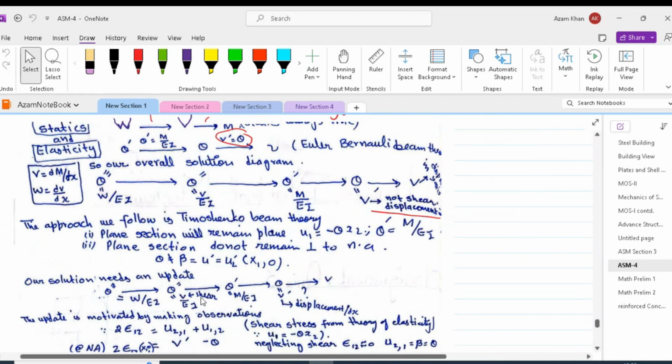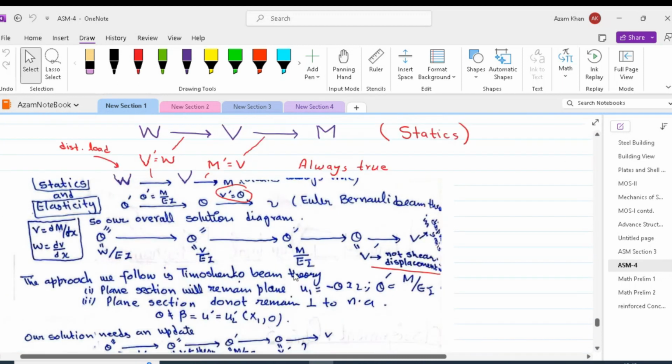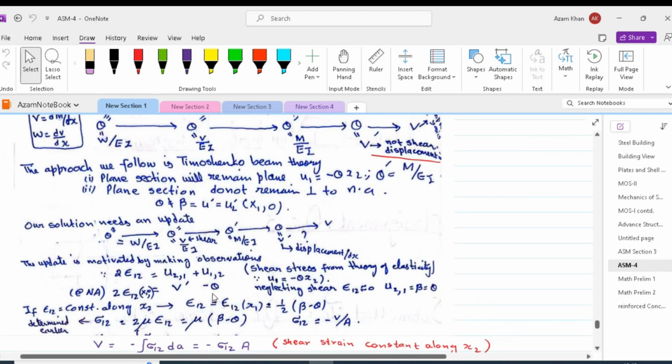So we have to come up with a new strategy to get our deflection from θ. We can't use θ equal to small v'. That's why we have written that plane sections remain plane in Timoshenko beam theory, but do not remain perpendicular to the neutral axis. That is, θ is not equal to β. So we have to update this solution, and the way we can do it is by resorting to our